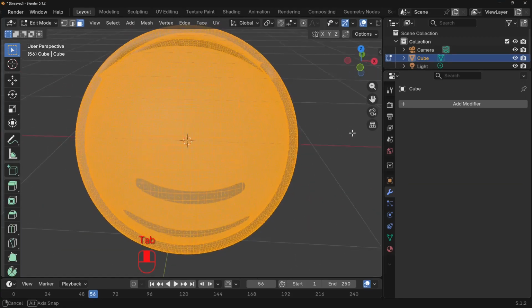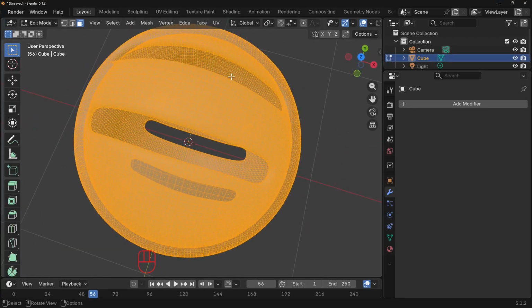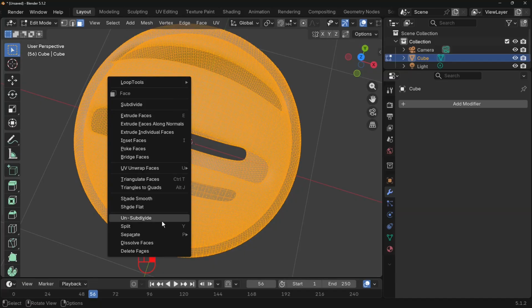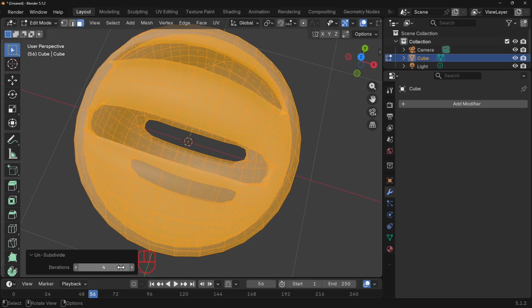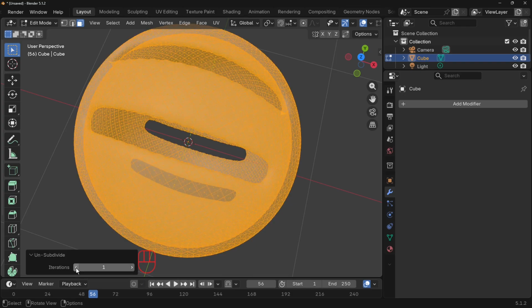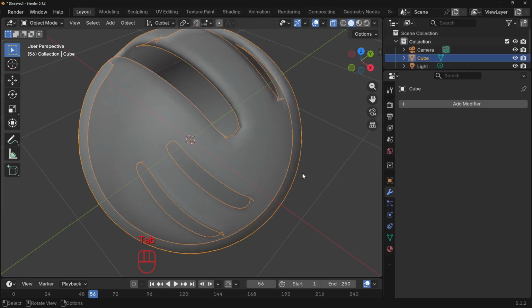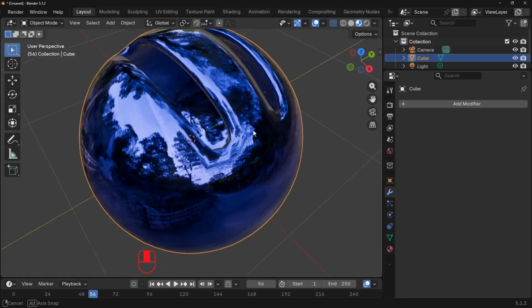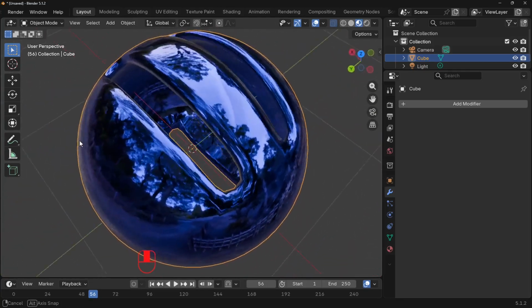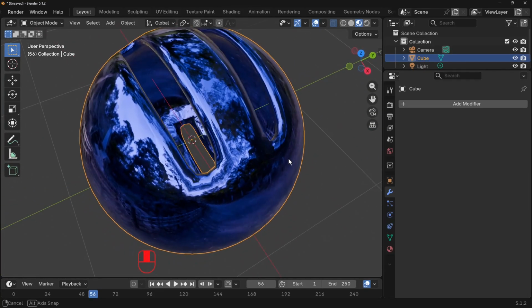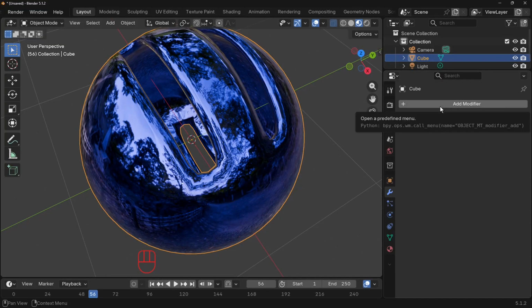And of course, if you want to actually re-topologize, then it's just the same thing again. Right click, make sure you've got face selected, unsubdivide. Let's just take it back to where it is, and then just hit 2, because I think that looks quite good. And then we'll come out of edit mode. Let's have a look how it looks with the actual color applied, and as you can see, it's really, really good. Now for your render, this still might not be smooth enough, so what we can do is add in